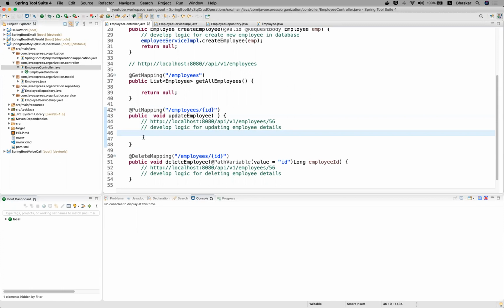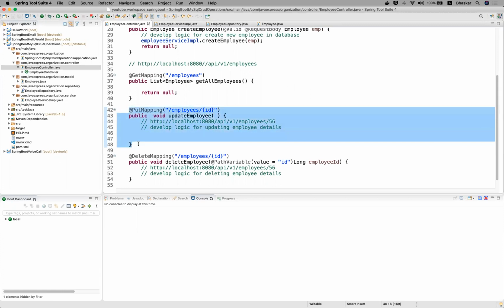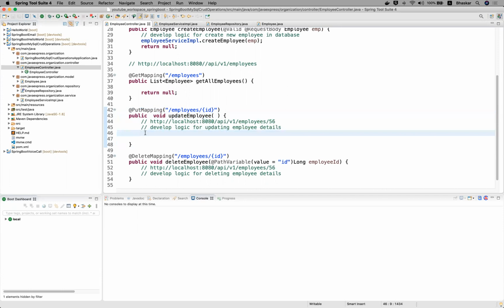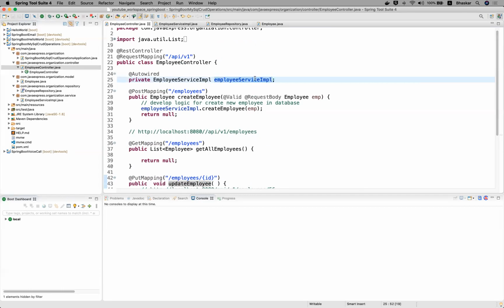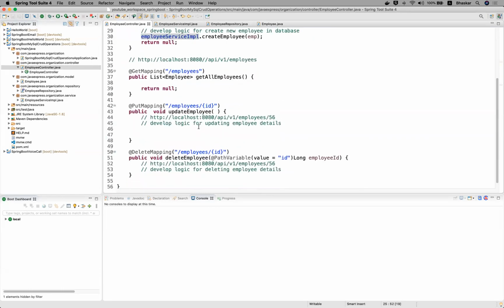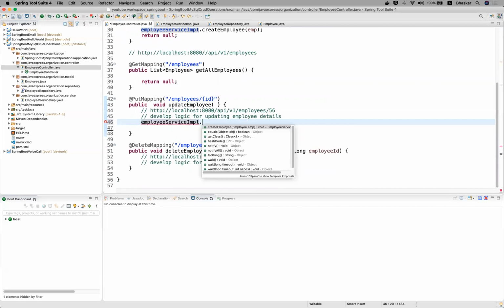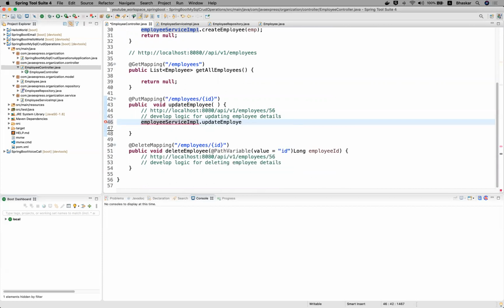Okay, before going to that, first you need to fill your controller. Then you need to fill your service layer, then you need to fill your DAO layer. Now try to see, guys. Now for employee details, you need to write your business logic in the service layer. Before going to that, you need to call a method. Now try to see, in service impl, I'm just adding a method, update employee details. Okay, now you are updating something, which means you need to provide some input, right? My input is the id plus which details you want to update.